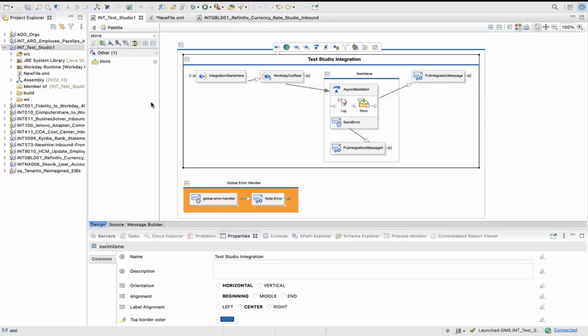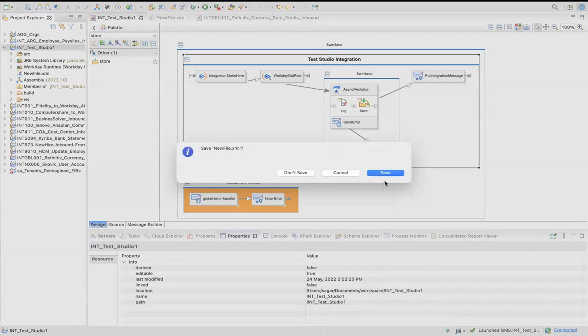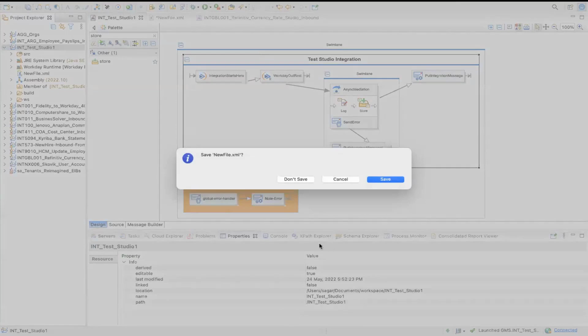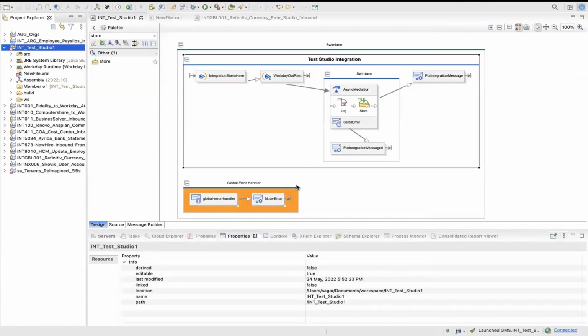Okay, great. So now let me deploy this and run. What will happen? Let us see. Project Test Studio 1 contains error. What is the error?